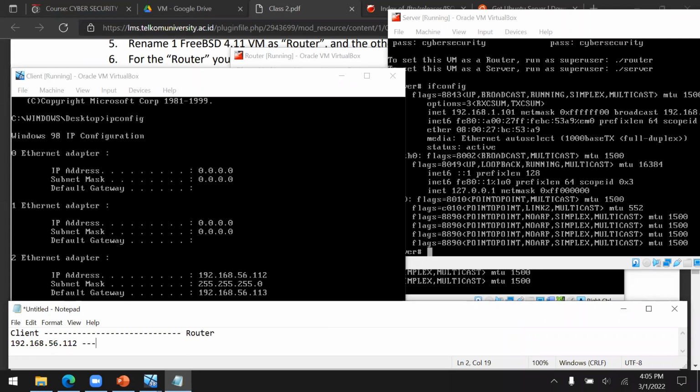And then the router has the IP address of 192.168.56.113. Okay, and then the other side of the router has an IP address of 192.168.1.100. So something like this.